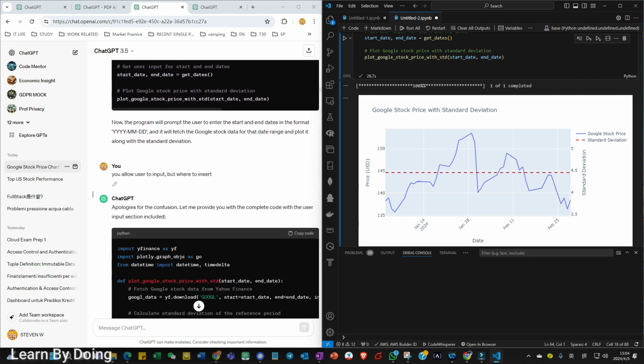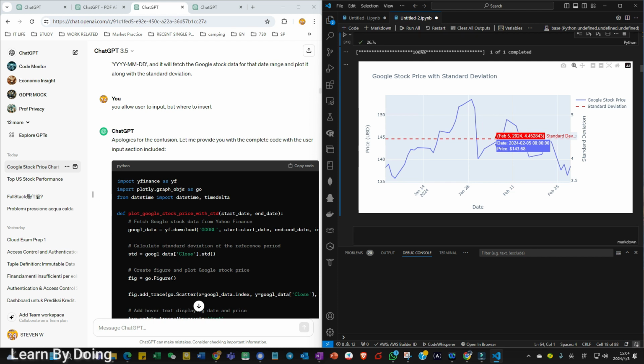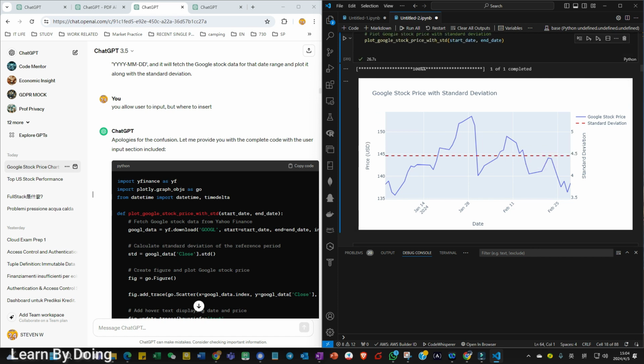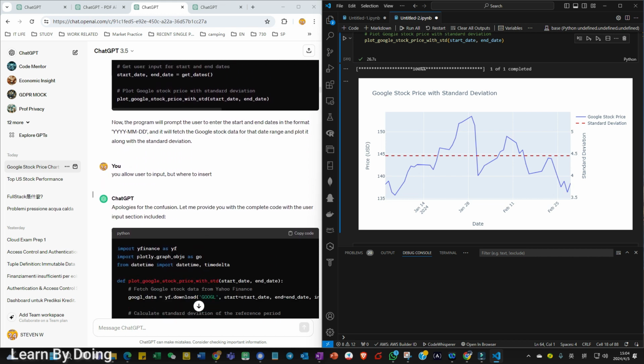I say, you allow users to input, but where to insert? I asked this question because at first I thought I should input the value here. Again, I want to repeat, I'm not a professional coder. Usually I use Python, I use R, but whenever I have a very basic question like this,